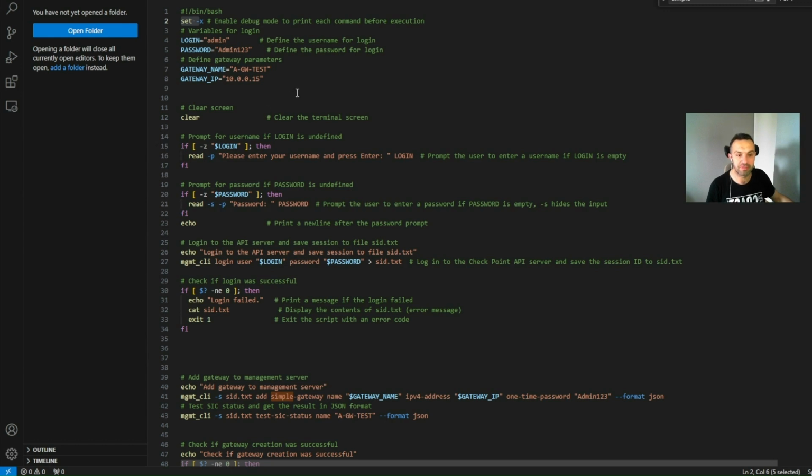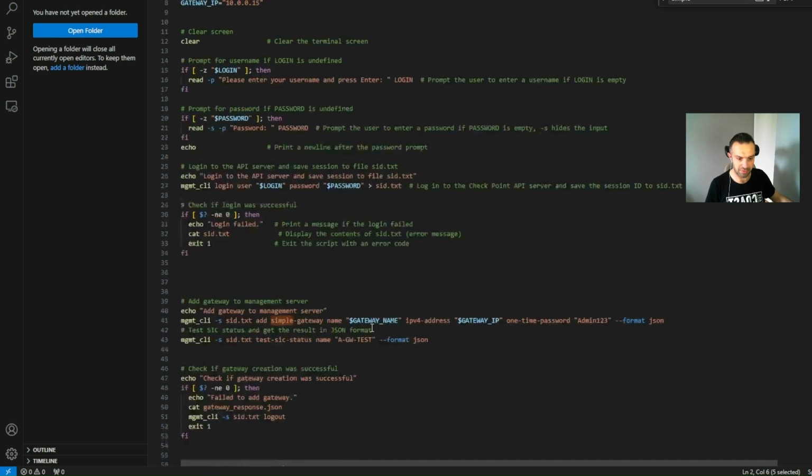So in a previous video we have created this script. What's new here is this set -x. This set -x will enable debug mode to print each command before execution. That said, this will show us everything that happens under the hood when the script is running. Here we define our variables. All this we talked about. The new thing here is